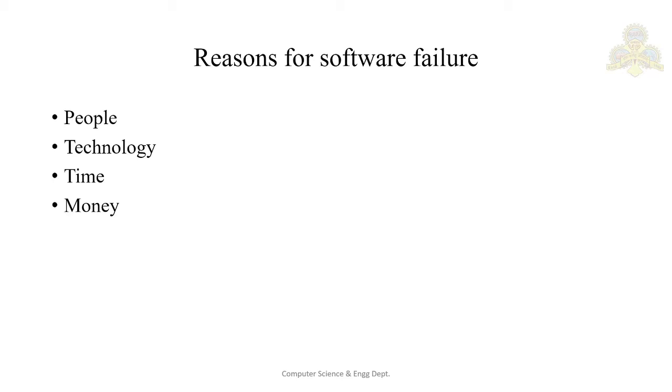So, at the time of initially estimating the project cost, we might make mistakes, particularly when we are working on new technologies. It is because at the beginning we do not know enough of the details to estimate correctly. So, once the budget is given, the project must be completed within that particular budget itself. Otherwise, it will be declared as a failure. Okay. So now these four are the basic reasons for a software to fail.